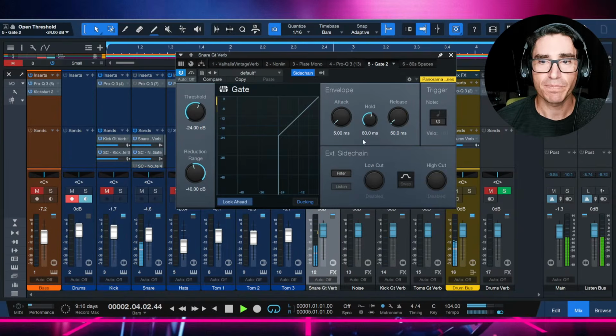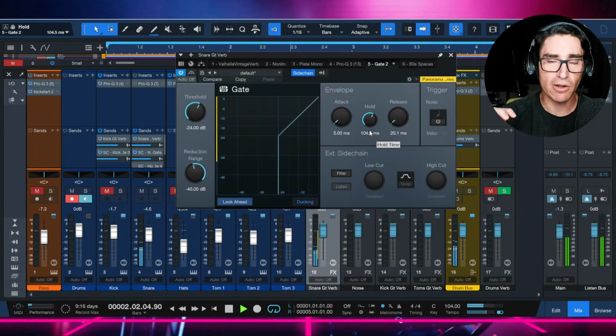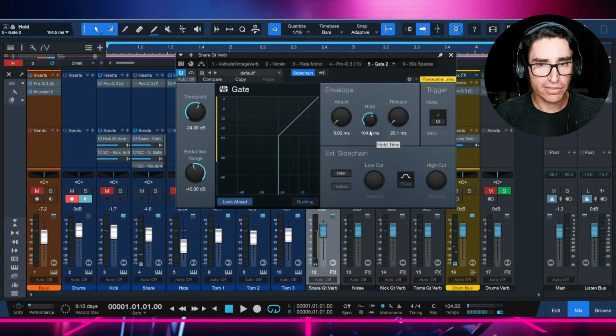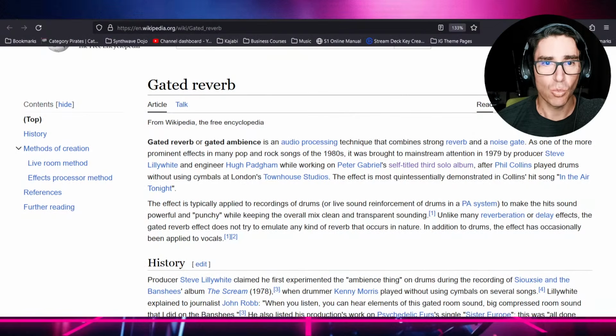With this enabled, now I have much better control on the hold and release parameters. Again, because the gate is now reacting to the snare dry signal and not to the reverb. And a cool thing that we can do with this is I'm gonna head over to a web page where